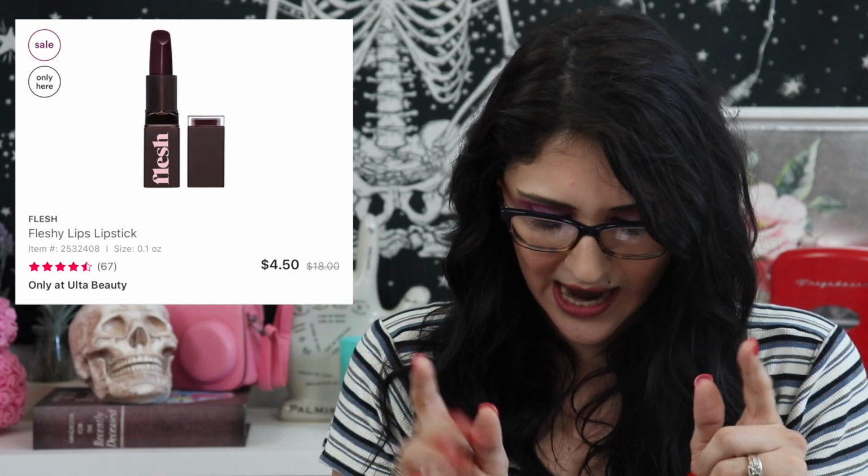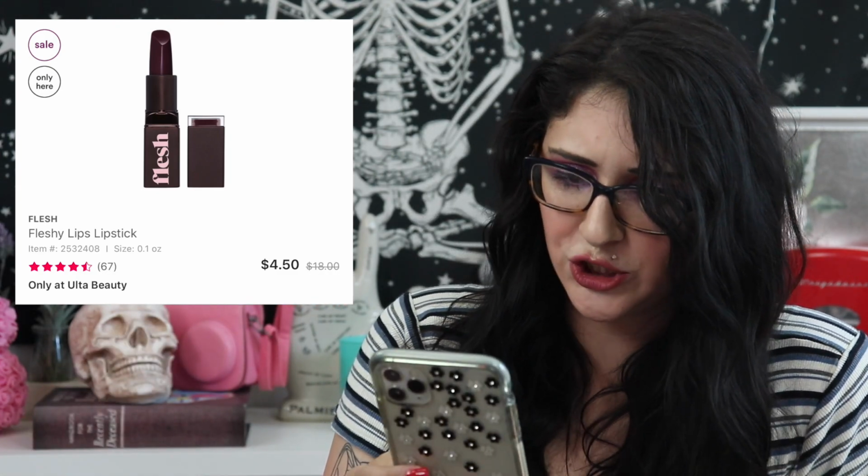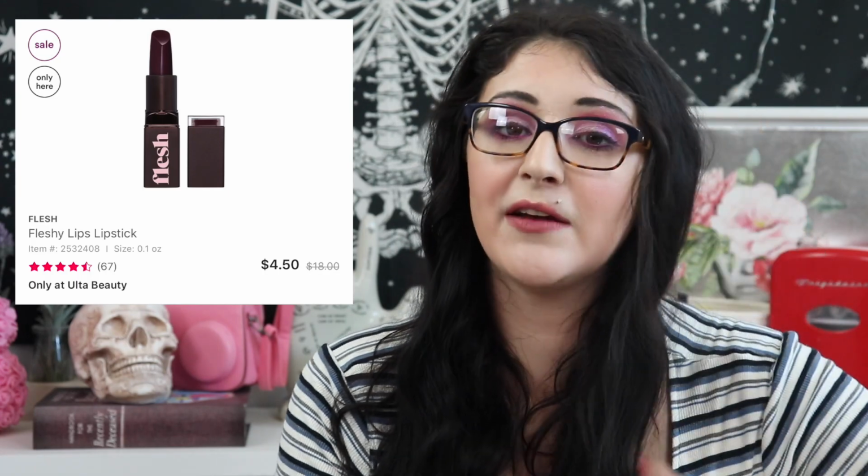We'll have to see. Then they had the Fleshy Lips lipstick, regularly $18, marked down to $4.50. 4.5 stars. I do have one of these lipsticks. I love it. This is the one that has the little lip balm in the top of the lipstick. I have at least a couple of these. I really like them. They're really good. They just only had one shade, this shade in the picture, at the time that I was shopping, and I didn't want that shade. It was a little too dark for me. I just don't think that I would get a lot of wear out of it, so I did end up